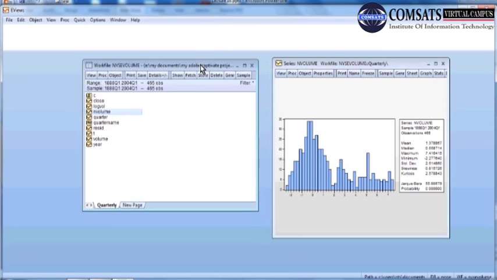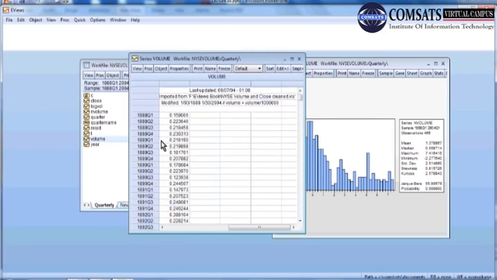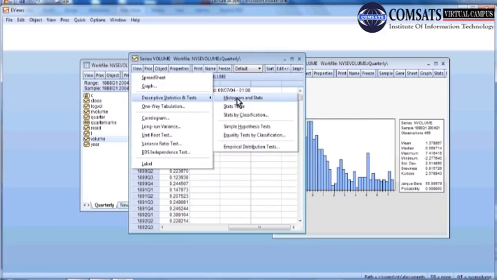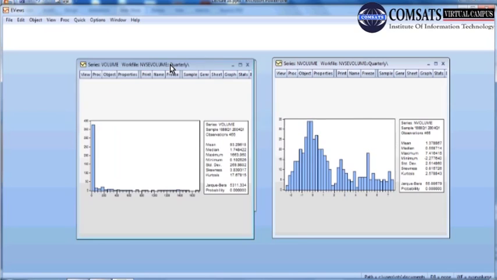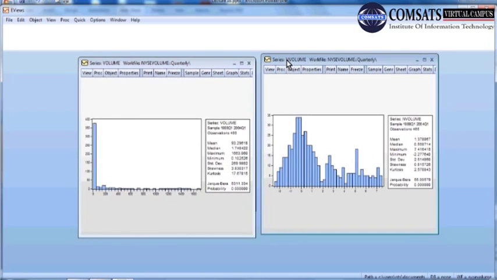Now if I go to the volume and show it again, in View, this is the descriptive stats. You can see side by side how things have changed.